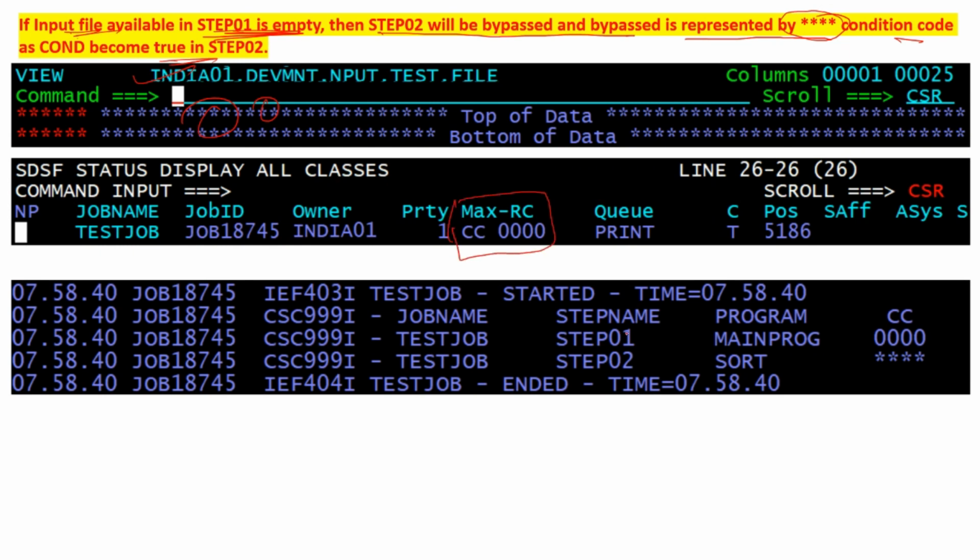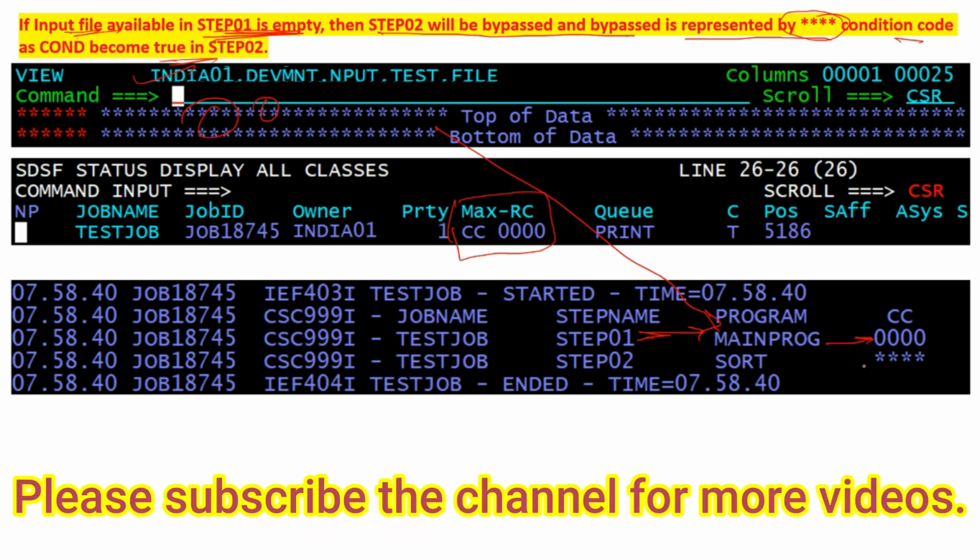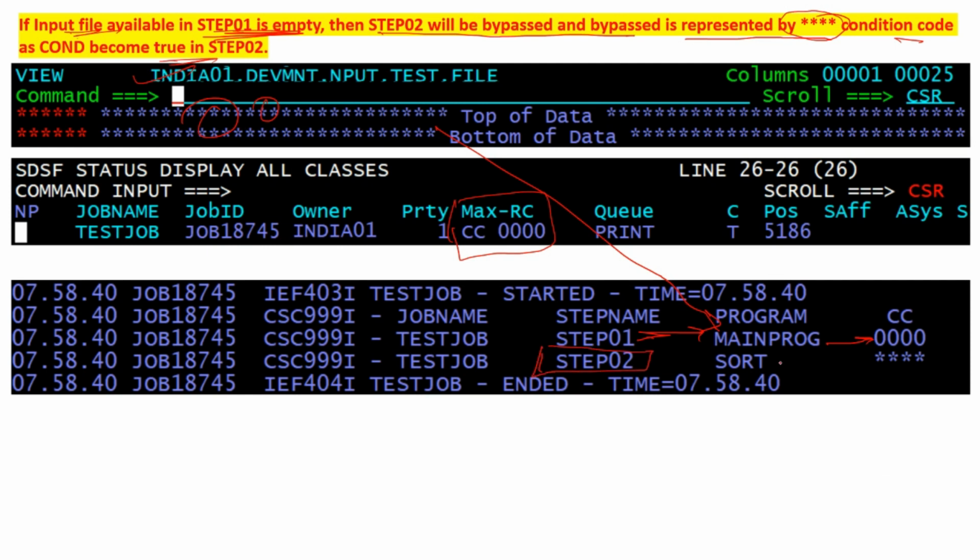We have executed STEP01 with the empty file, and so it will return the return code 00. So in STEP02, our condition will become true, so it will be bypassed, and bypass is represented by the four stars condition code.